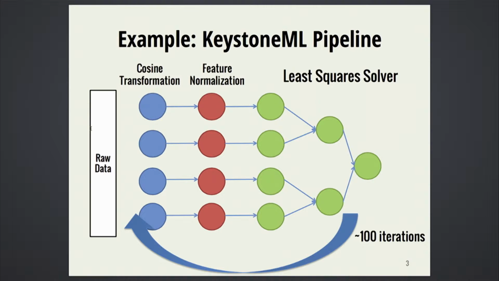And it's not just one iteration of these that usually gives us a good model. Usually we need to do a large number of iterations of these workloads in order to get a high quality model. For example, some state-of-the-art work which builds a very good speech recognition model repeats the same pipeline I've shown here for around 100 iterations or so, and it could take many hours to run to get a very good model for the data set that we have.